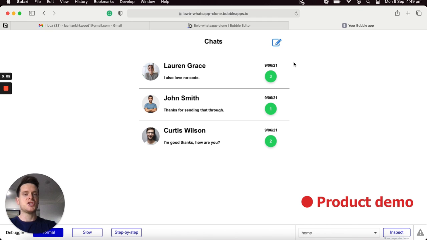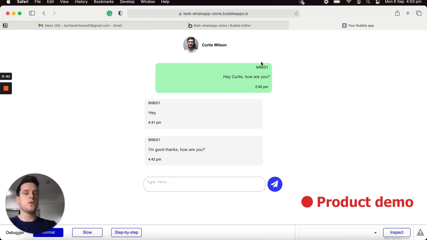Over on my homepage here, I can see I have a list of chats with all my contacts, and I can also see that there is a count of how many unread messages I have within each chat. If I was to then select to open up that chat,